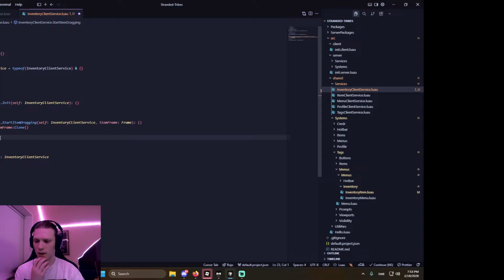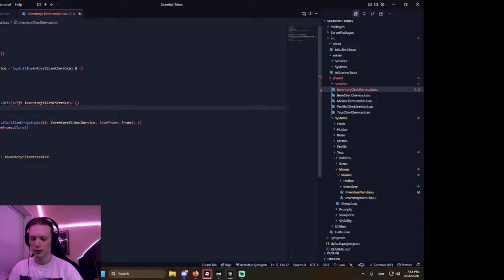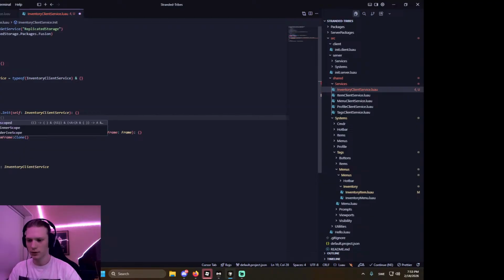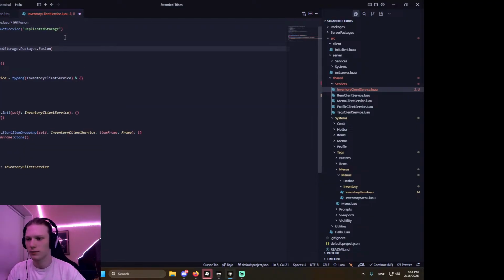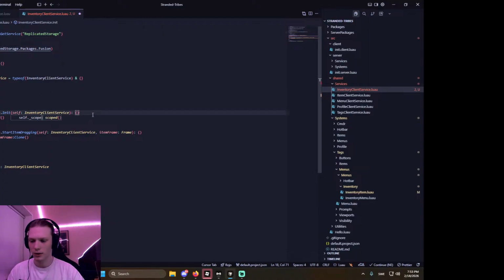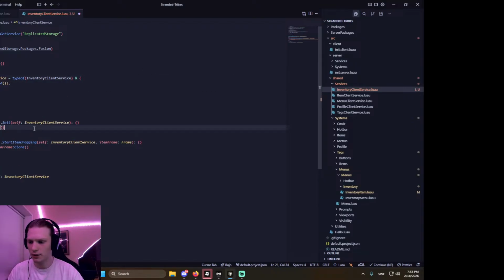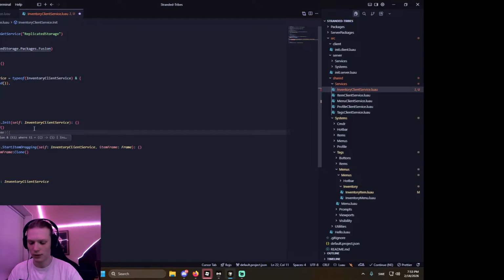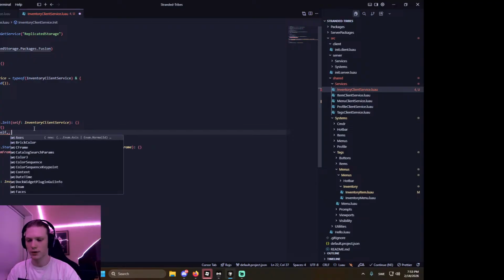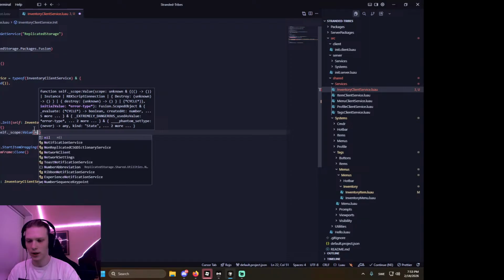Let's do one of these. We're gonna do a self._scope. It's gonna be fusion scoped, so that we're using some states for this. So self scope is fusion scoped, and we're gonna place that up here as well. And we're gonna say self._dragging item frame equals self._scope value. We have an initial value of nil